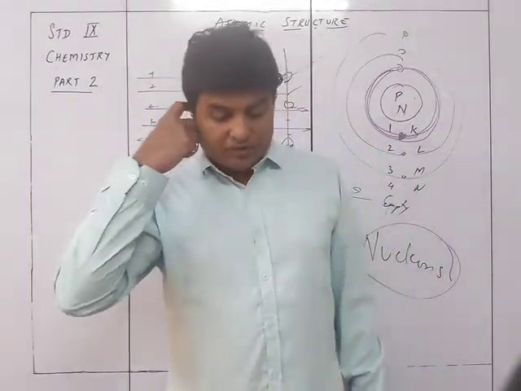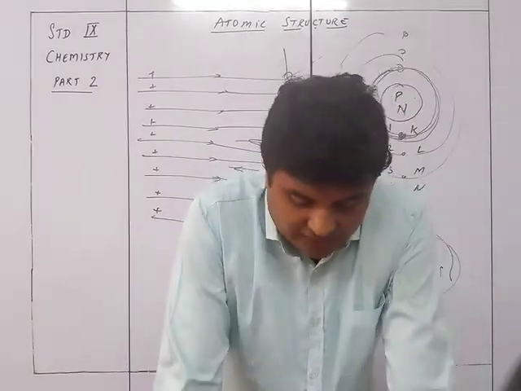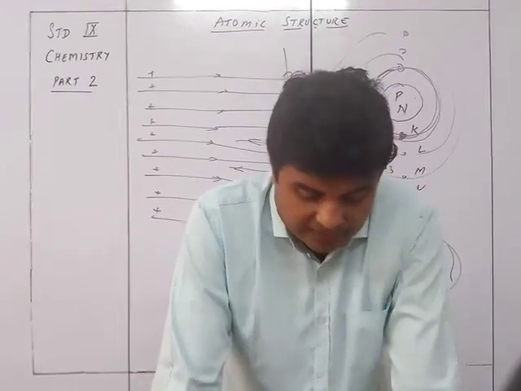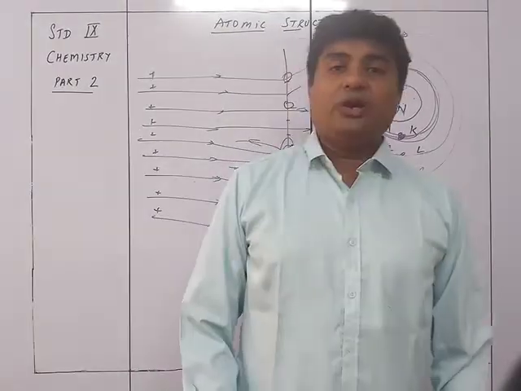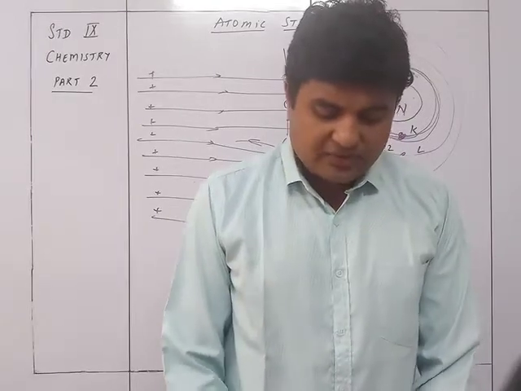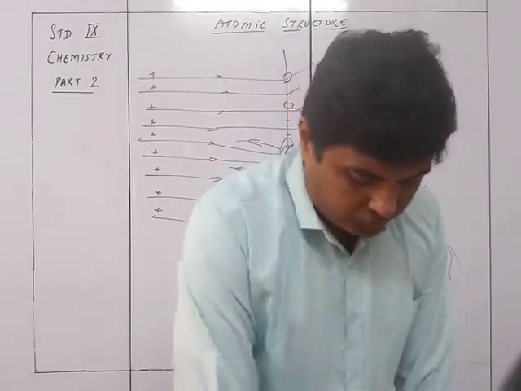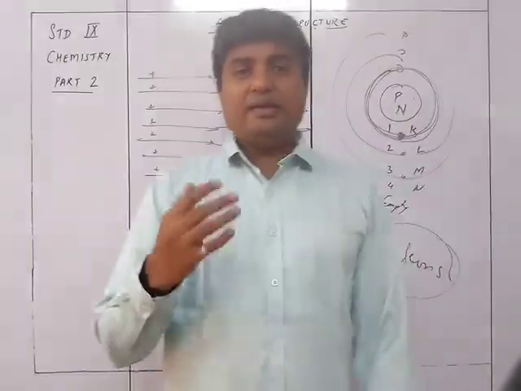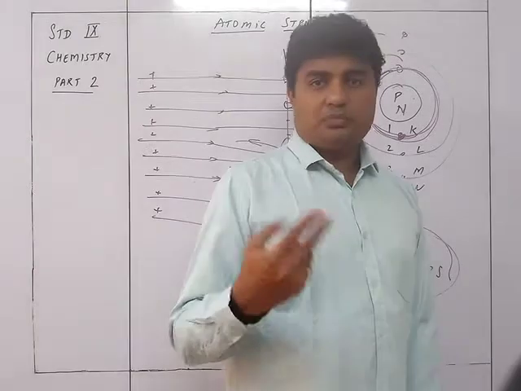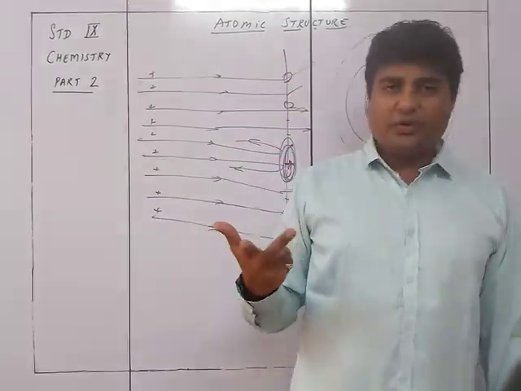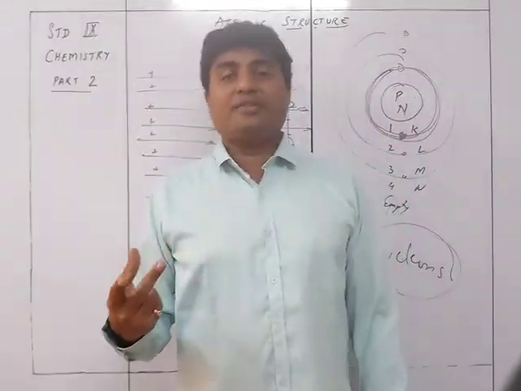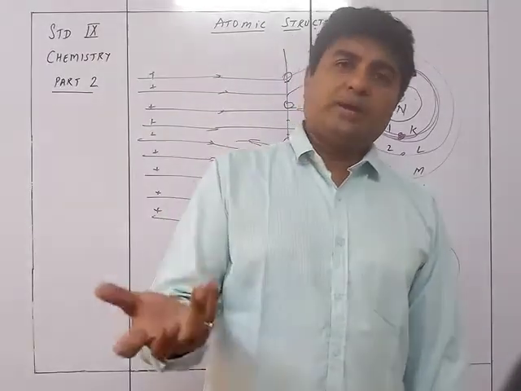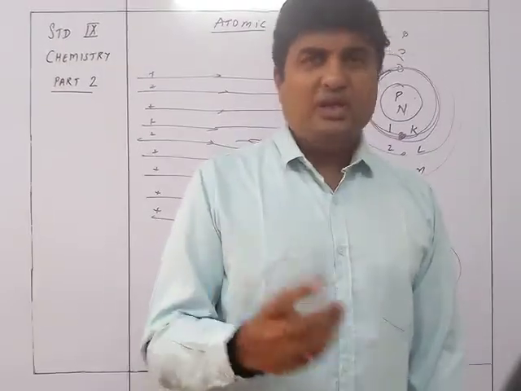Mass of the neutron, of course, is almost the same as the mass of the proton, that is 1.676 into 10 to the minus 24 grams. And it carries no electric charge, and is neutral. So that was the discovery of the neutrons. So accordingly, we see that the atom is made up of 3 particles, that is protons, electrons and neutrons. Protons and neutrons are present in the nucleus of the atom, which is in the center. The mass of the atom is nothing but the mass of the protons and the neutrons, and the electrons are